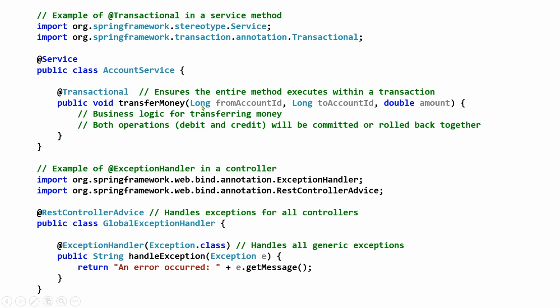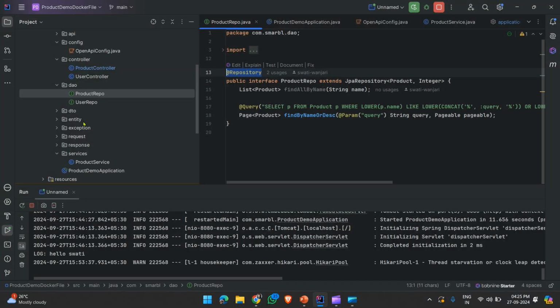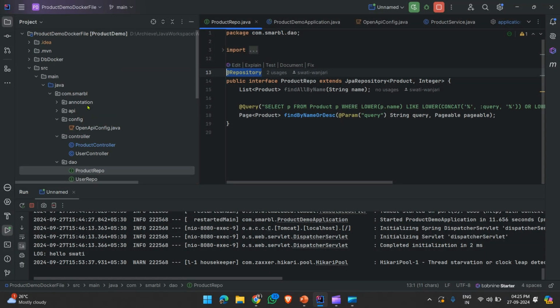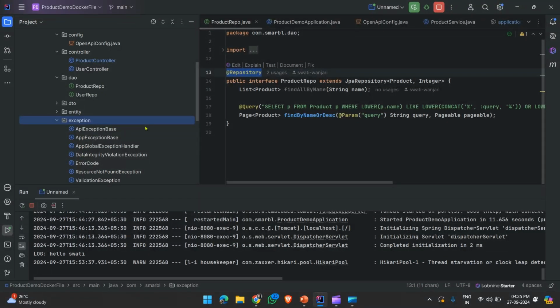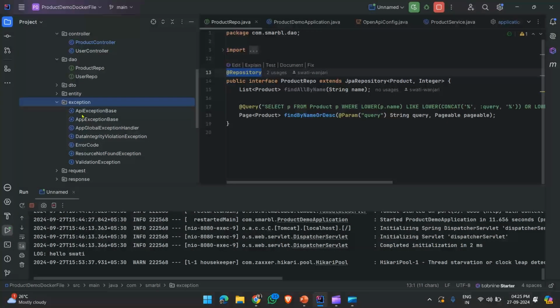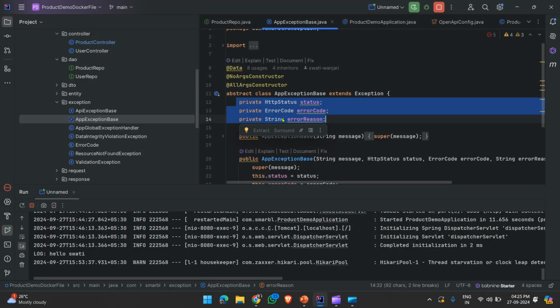In your Spring application, you can create a common class for exceptions. Here you can see the exception package. Yes, here it is. In the exception classes, there is a base exception over here, AppException. Here you have defined some fields like HTTP status, error code, and string.